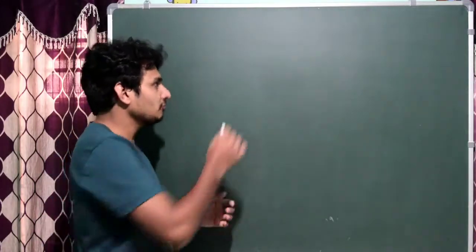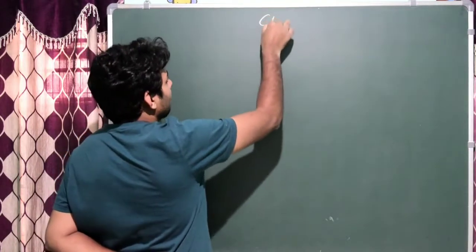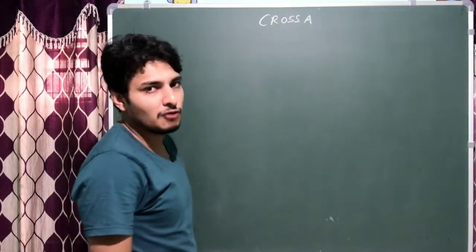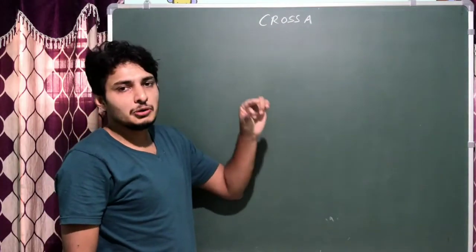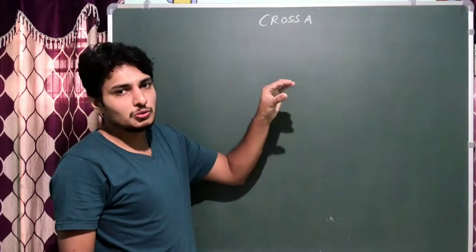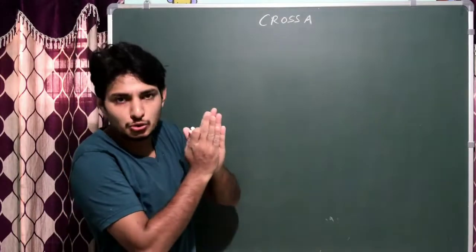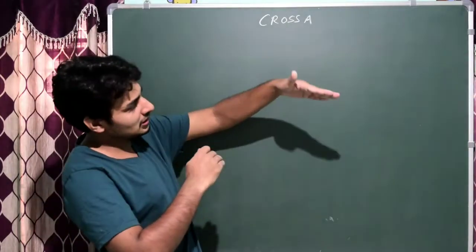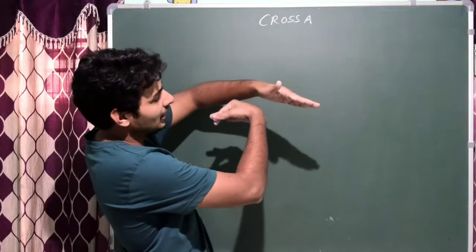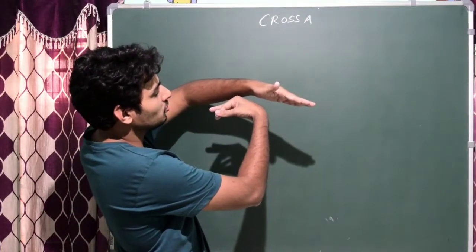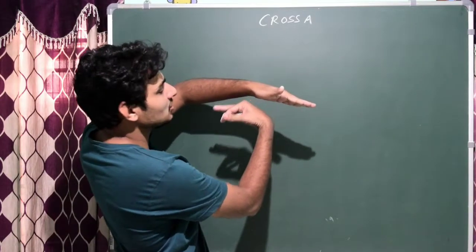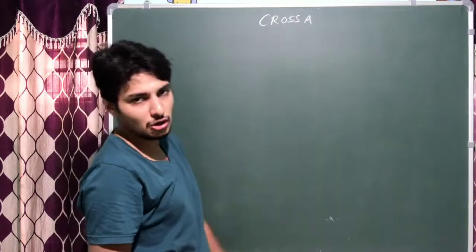So first of all, we just write cross A. Always remember, cross A is to prove the association between two different genes on the X chromosome that are very close. So it's like they are showing linkage. Gene A and gene B are situated on the X chromosome at different loci, but you could see there is a very minimal distance between the two genes. That is actually cross A.